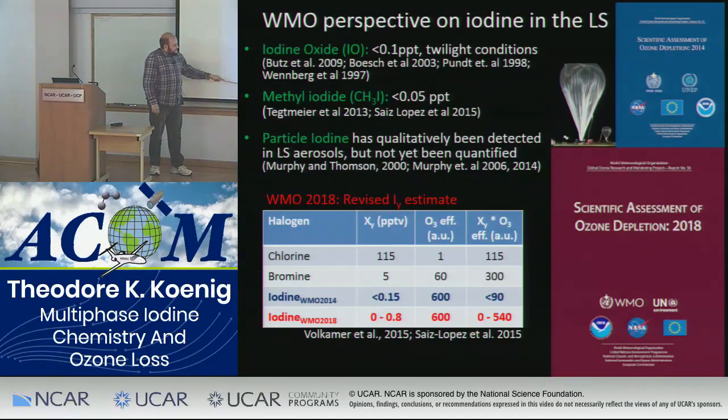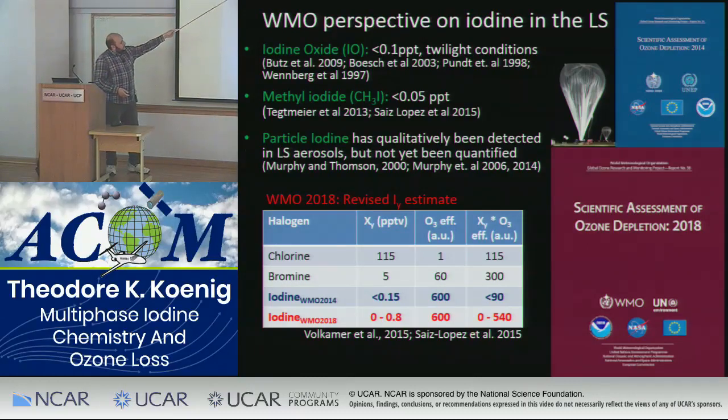Based on measurements we took during the Terreiro campaign, in Fernandez et al. and Saiz-Lopez et al. 2015, we found that what we see in the TTL would be more consistent with a roughly 0.7 or 0.8 ppt injection of IY. So if we propagate that, then we would say that iodine is by far the dominant ozone-destroying halogen in the lower stratosphere. So there's something of a hole here that we need to close. How could all of these lower limits in the stratosphere be compatible with the amount of iodine we're seeing right below the tropopause?